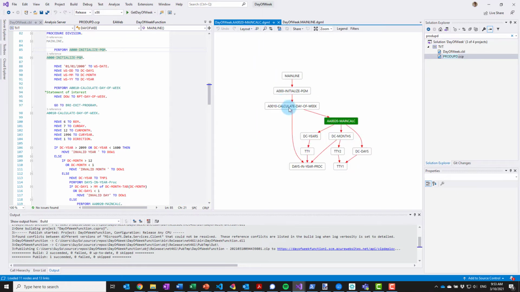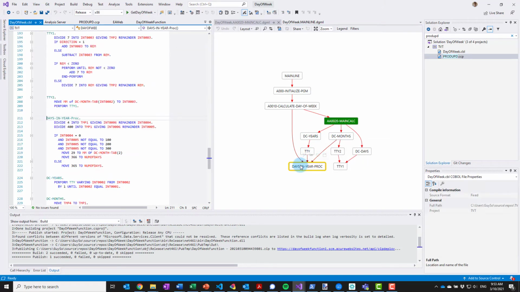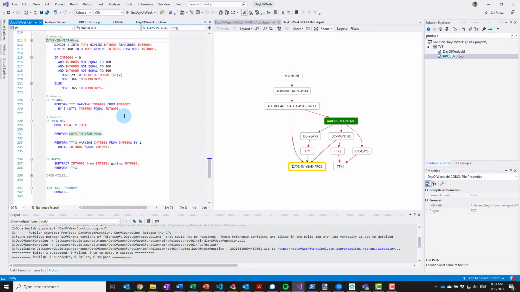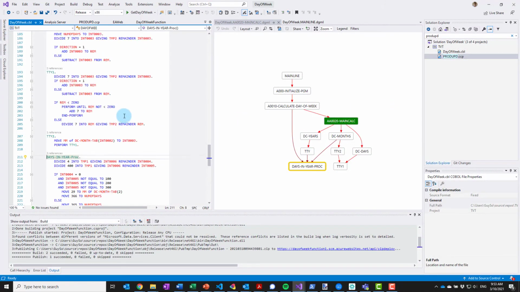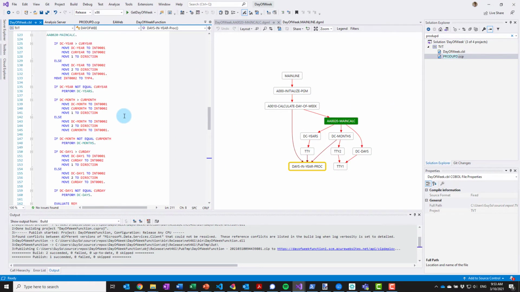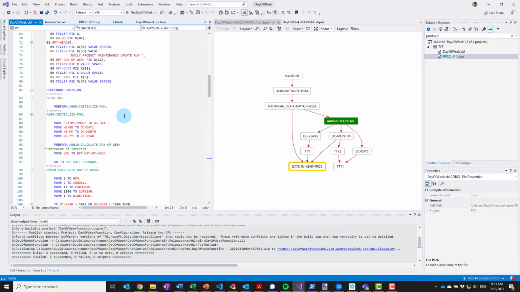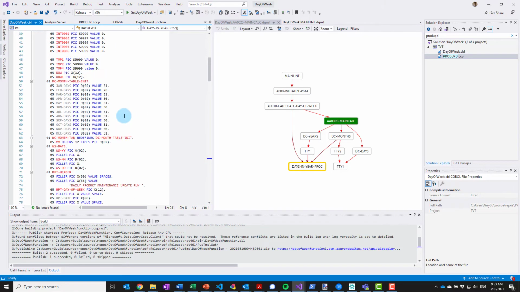And we can see how the new program is comprised. All the non-relevant sections of code are removed from the program, including all the data items. And in here we have 200 lines of COBOL code that is doing the actual calculation, and that's exactly what we need in order to create a service.